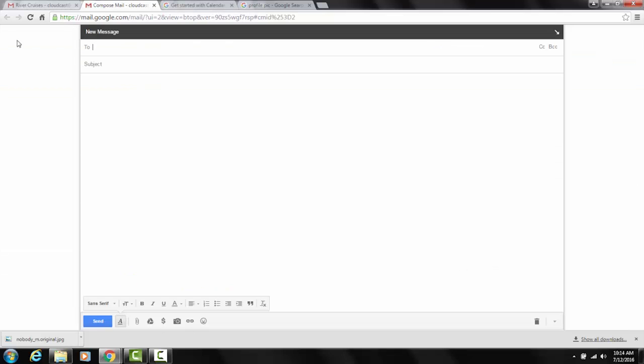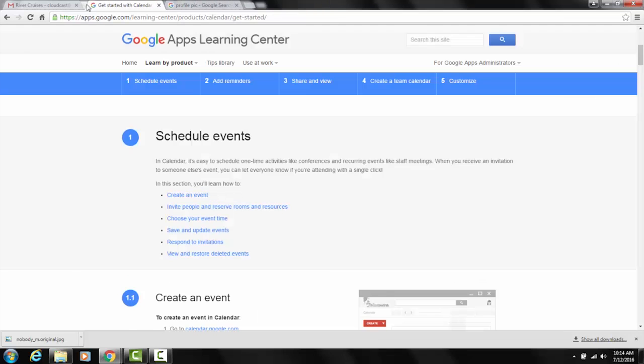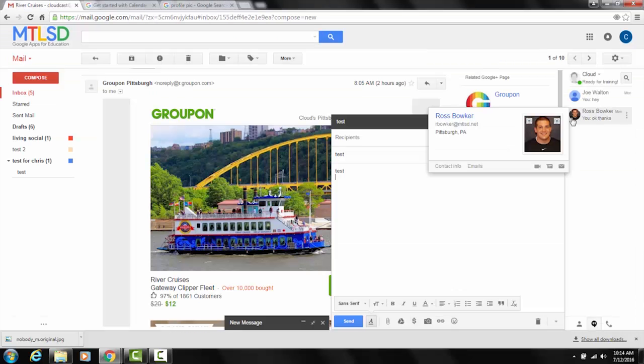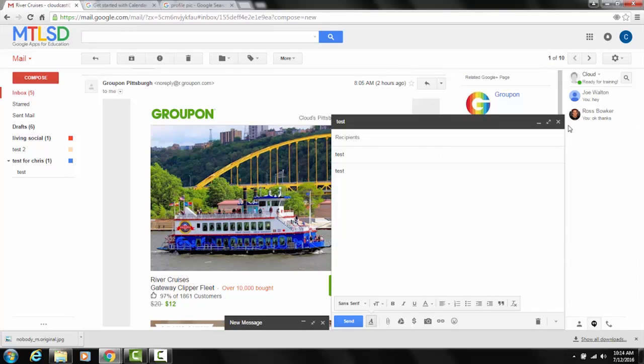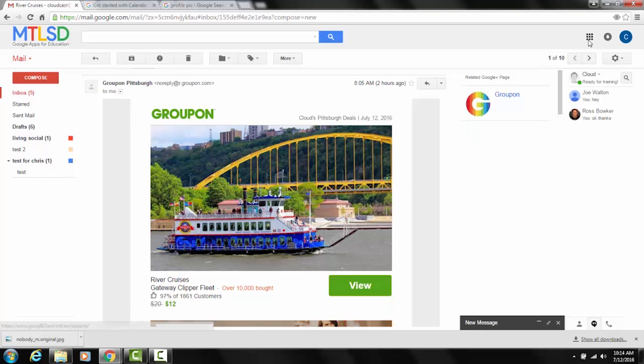And the way I get to my calendar is right from Gmail. There is a little thing that we call the app picker, okay? It's 9 little boxes that form a box on the top right. Chris said that we should have a cooler name, but we don't. So if you click